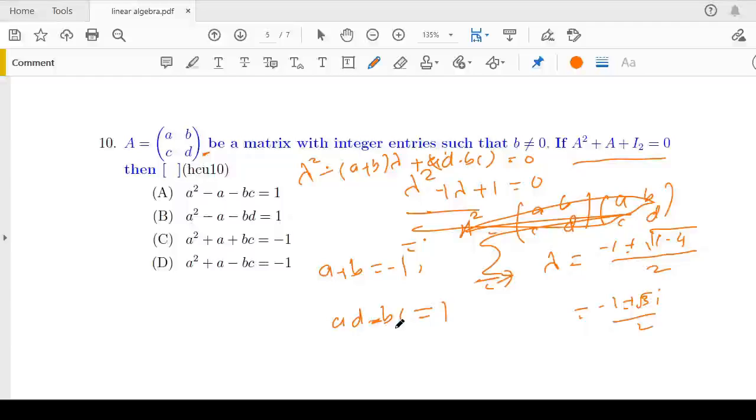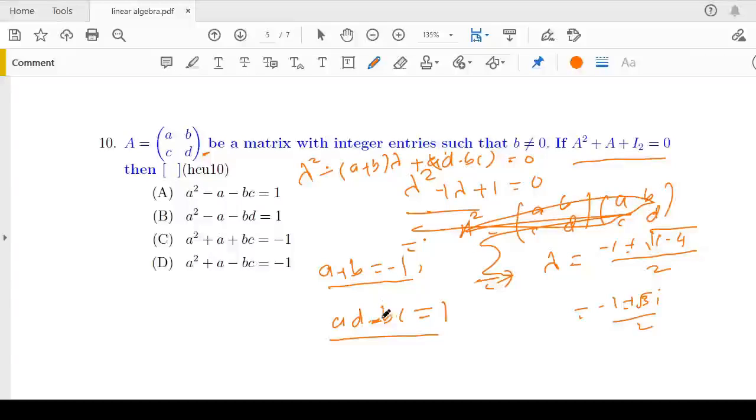Therefore the characteristic equation is 3 minus 3 3, 3 minus 3 3. Just note that A square plus A plus B, A plus B equal to minus 1 implies that A plus D equal to A minus; we have to find A minus D. A minus D, AD minus BC, A plus B.